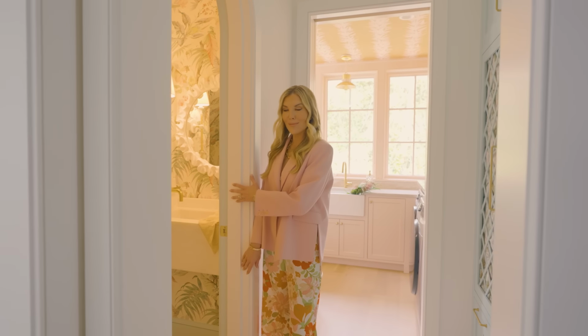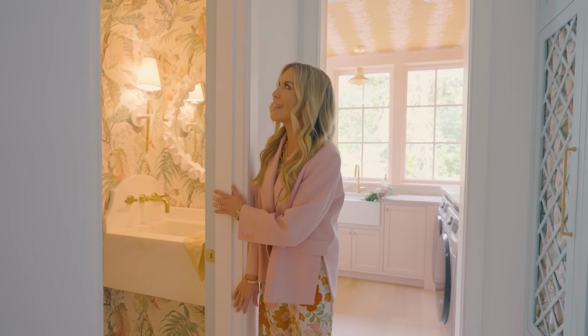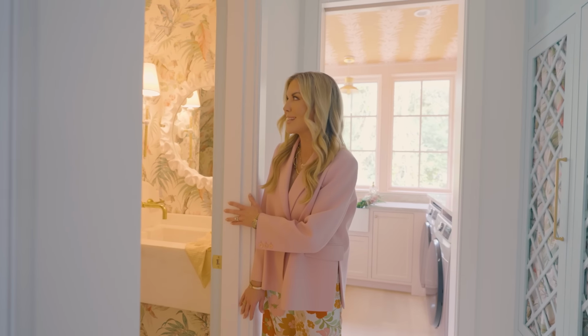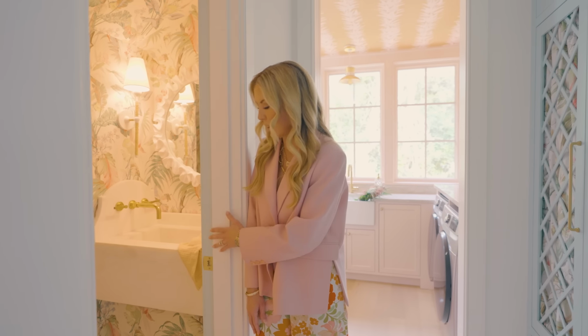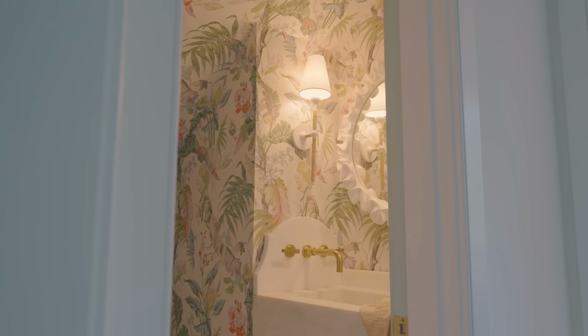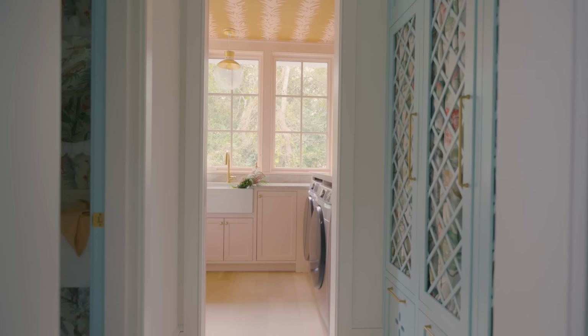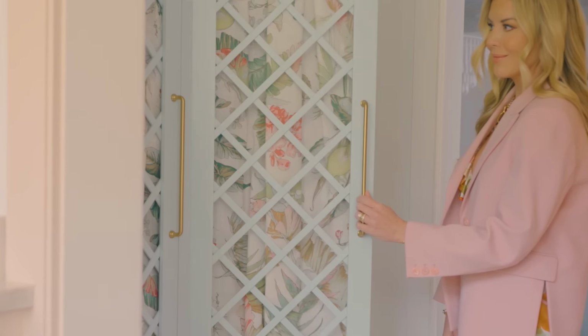This is the powder bath mudroom laundry room space. First thing you'll notice is this wallpaper. It is one of my all-time favorites. It's tropical, it has the blues, the pinks, the greens, and we highlighted it with this beautiful trim color in this aqua blue that we carried over to the mudroom cabinets. You'll also notice that the cabinetry has the same wallpaper print, but in a fabric. And then we custom designed the cabinetry details like the lattice and the little flower petal inserts on the door